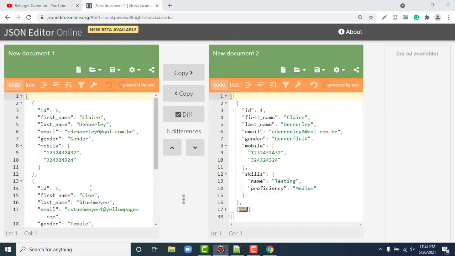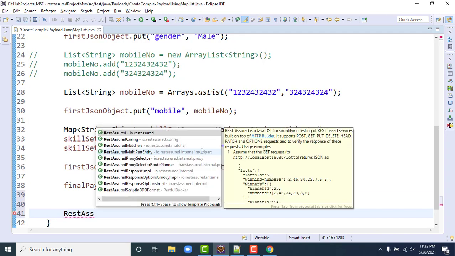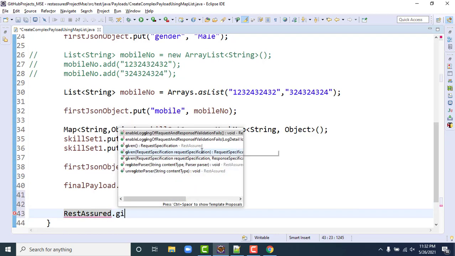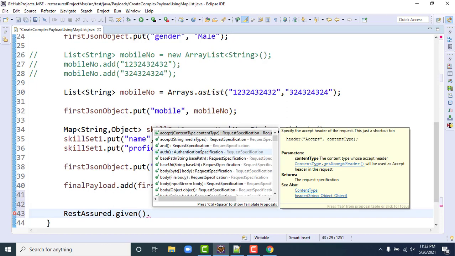Okay, so before we go for the second one, let me show you whether the JSON is created successfully or not. I write a dummy REST Assured code where it will not hit any base path or base URL, and it will simply give some error because it will try to hit localhost and there's no API hosted. I just want to show you how the body will look.